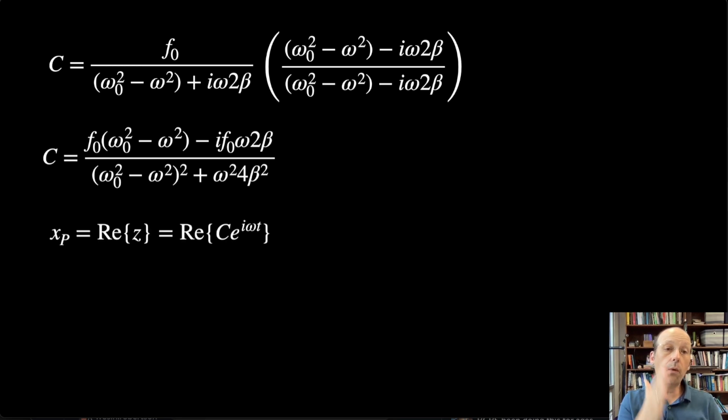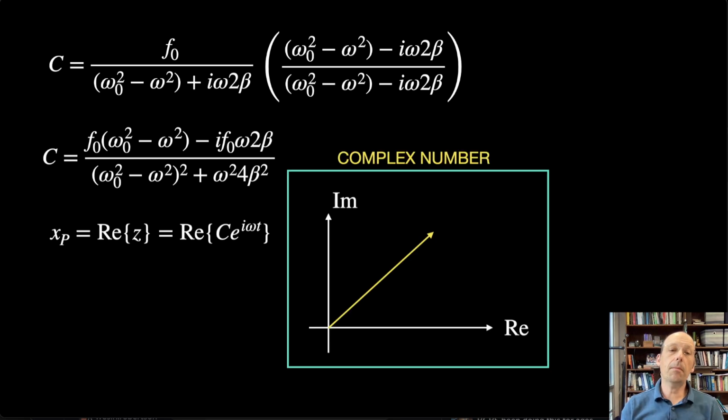And so what I want, remember, x is the real part of z. And z is c e^(iωt), and so there I have c as a complex number. So we need to think about how to deal with a complex number, c, and a complex exponent. That's our problem. Okay, so let's switch to the complex plane with the imaginary axis and a